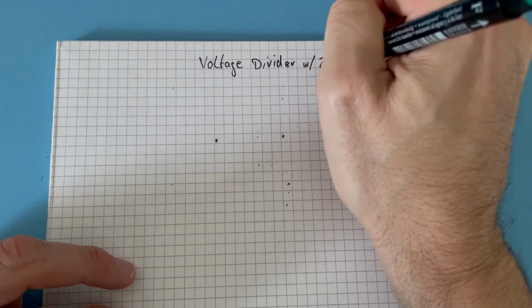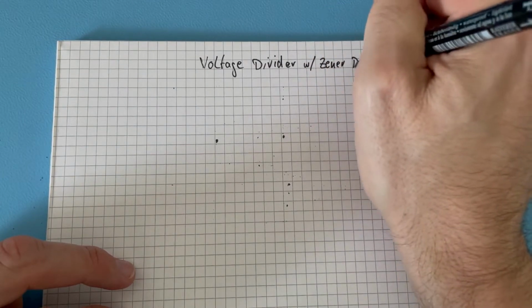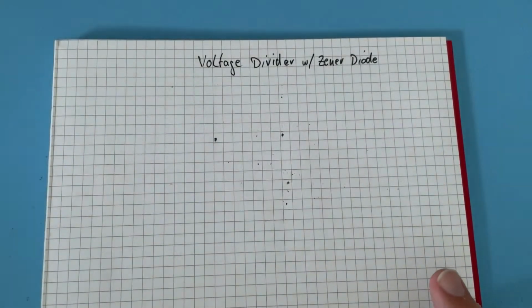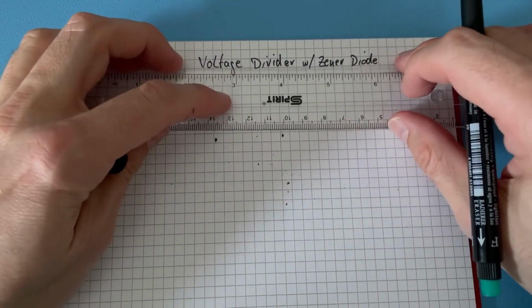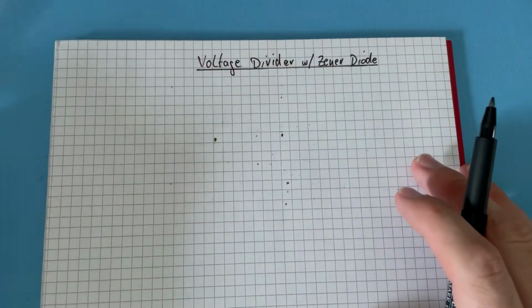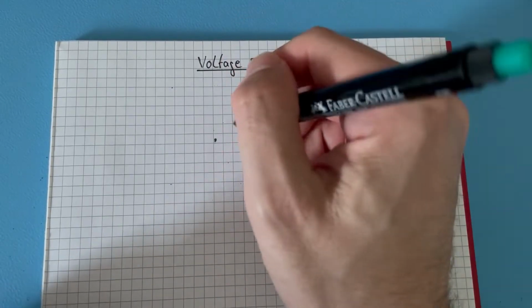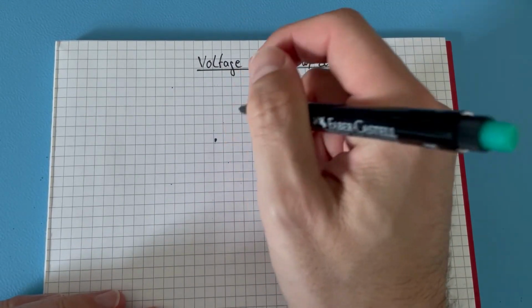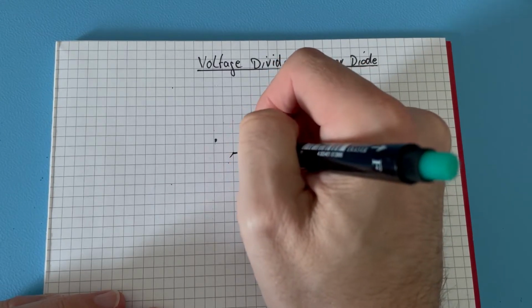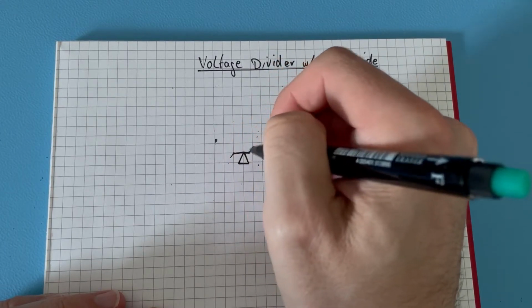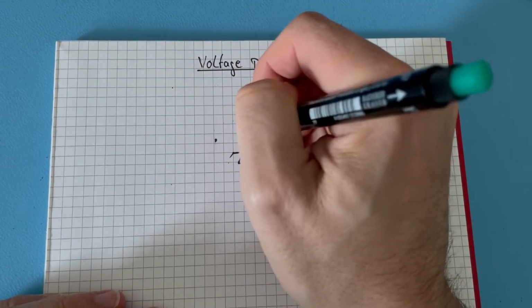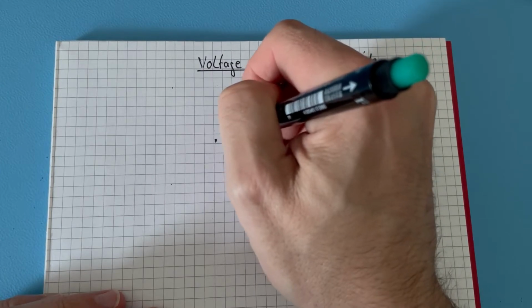with a Zener diode. Well, that's the goal. So let's do some kind of neat formatting here. And for that, I'm putting up a Zener. The symbol should be along the lines of this. Then we have a resistor here,